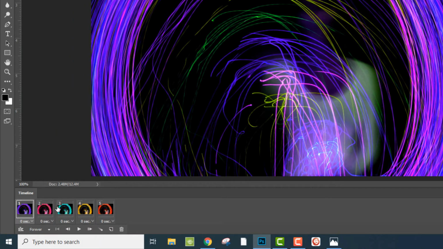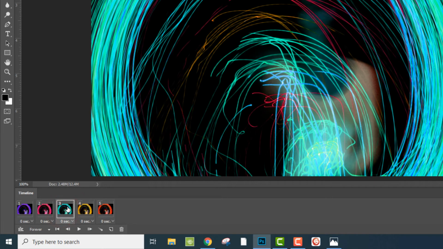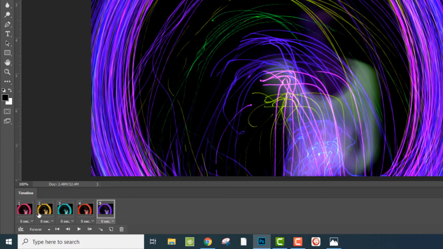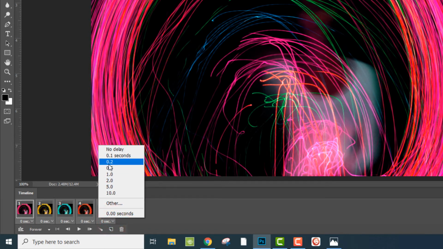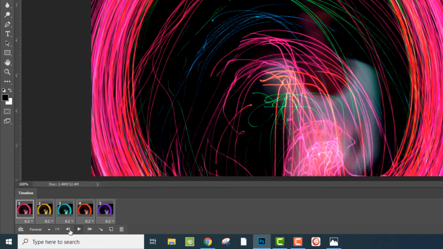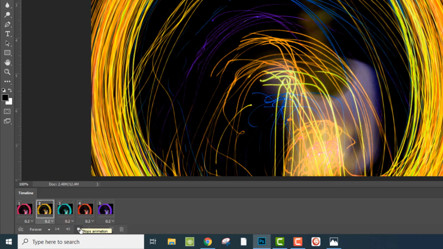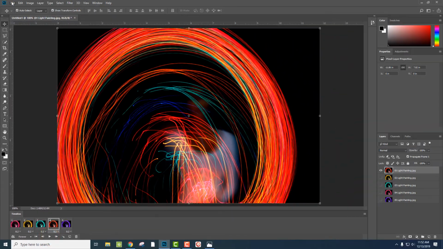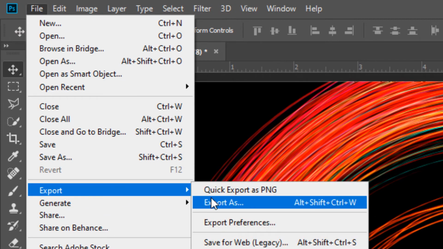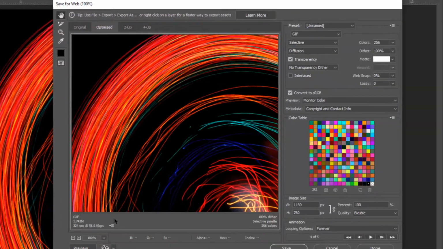Now I'm going to rearrange my colors in the order that I want them. So perhaps I'll move this one here and this one here. Okay, now I will click the first one, hold down Shift, and click the last one so that they're all selected. Choose seconds. I'm going to try 0.2 and then play. And I think I like that speed, so I will stop, go to File, Export, Save for Web Legacy, wait